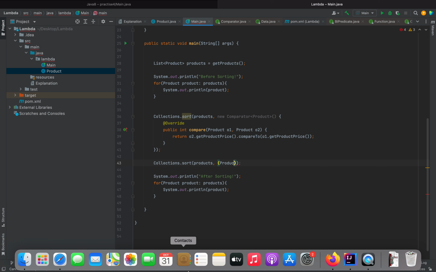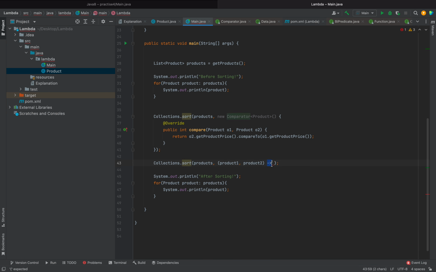Product, yeah, product 1, product 2, because this is what it expects, right? And this is how basically you can say a kind of a symbol for that. And now what if we return the same thing we did, O2, O1, sorry, in this case again product 1. Okay, sure. So yeah,